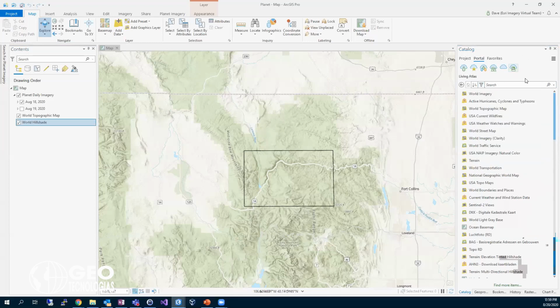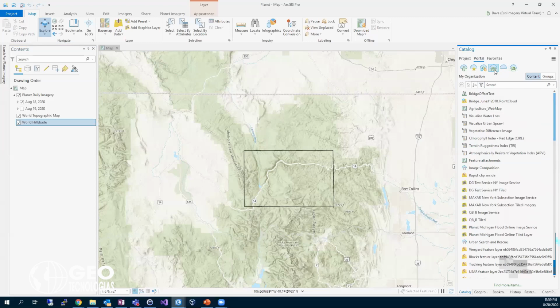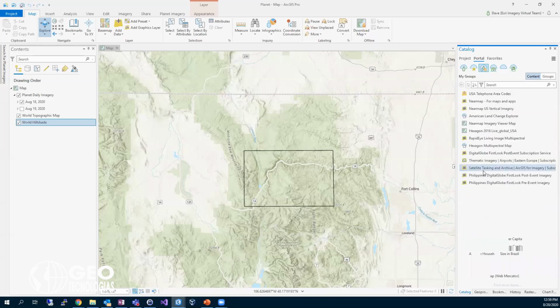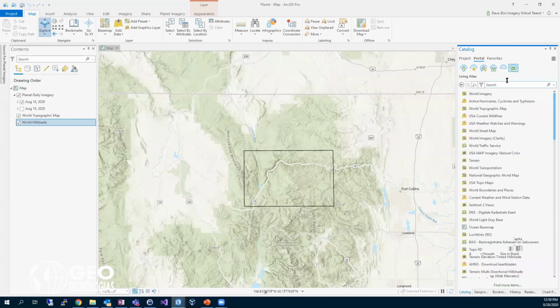In addition to this out-of-the-box content for our users, you'll also find your organization, whether that's ArcGIS Online or your own deployed ArcGIS Enterprise portal. You can see what's available within the organization, within the groups that you have membership to, your favorites, or just your own content. So these are some of the ways that we can commingle that data and bring it into scope. So I'm going to go back to the Living Atlas and just do a quick search on